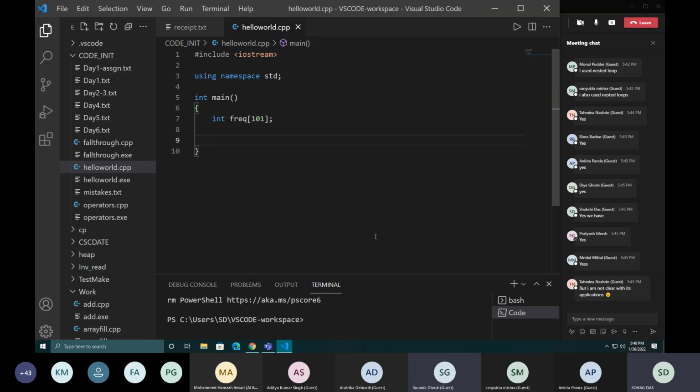So we are taking extra space. At worst case, if the size is 10 given by the user, we are using 91 spaces more. But this will decrease our time. How, that I will also say. That's why it compiles fast. That's why